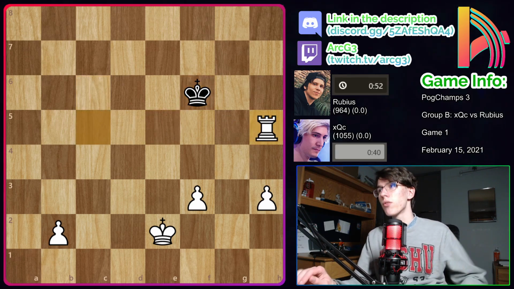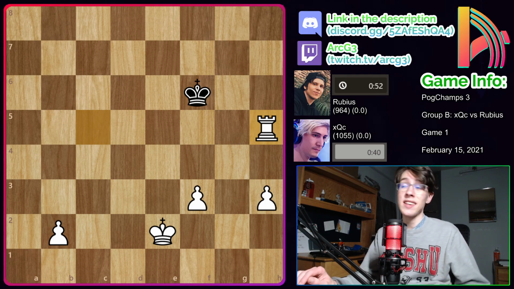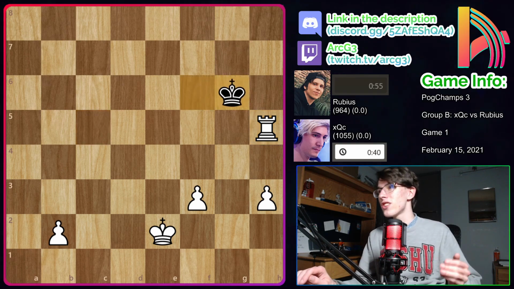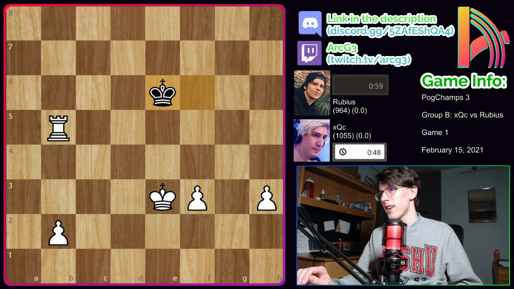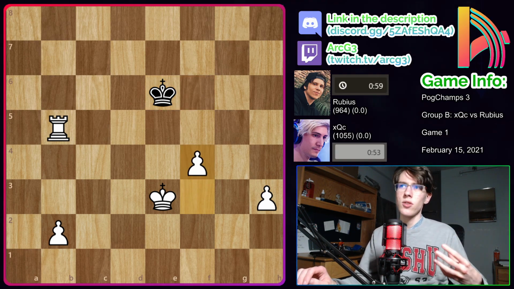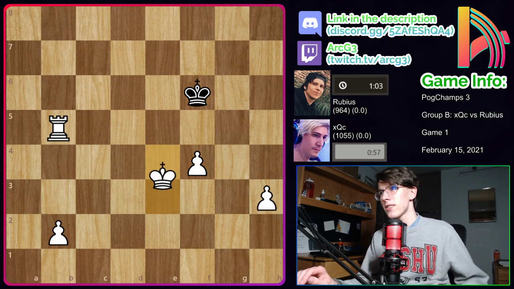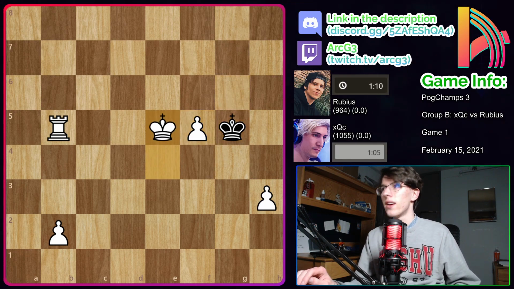King f6, rook takes h5, and now the question is, will xQc stalemate? Because he is famous for his stalemates, I think. We have king g6 and rook b5, king f6, king e3, king e6, and f4. So xQc, he could do the king and rook checkmate, but he's looking to promote a pawn, just make things easy for himself. We have king f6, king e4, king g6, f5 check, king g5, king e5, king h6, and